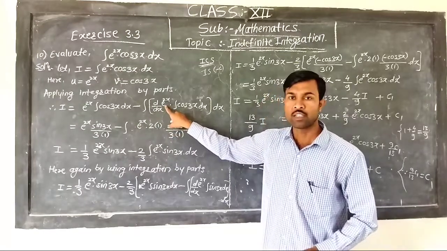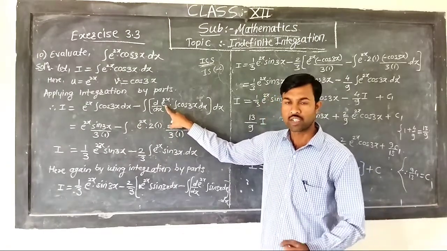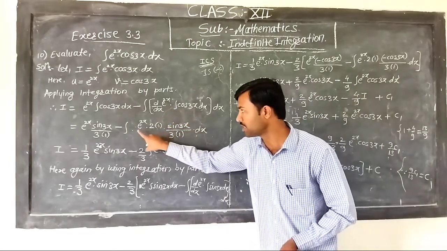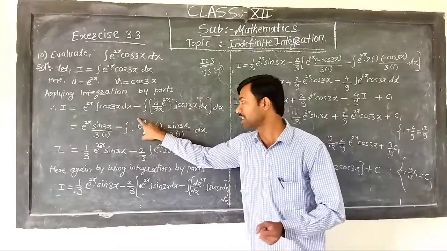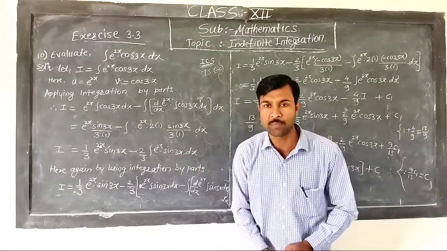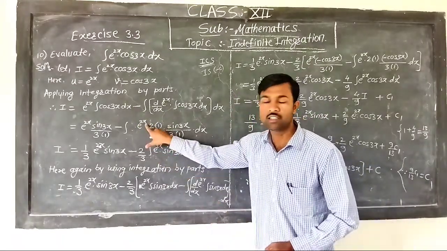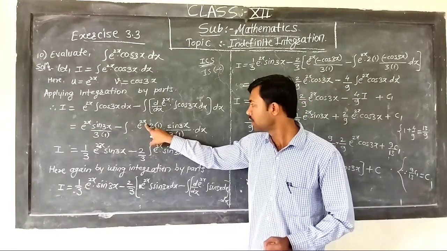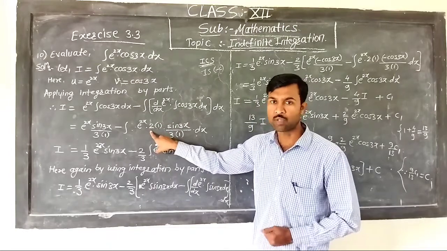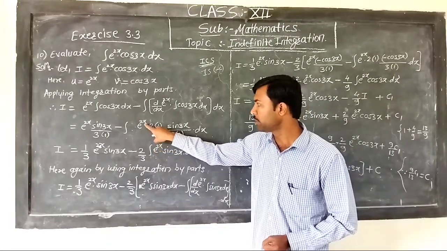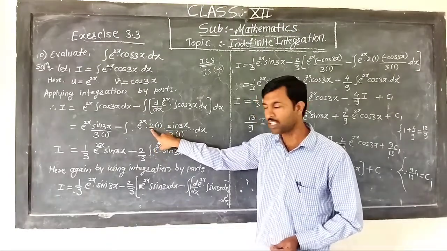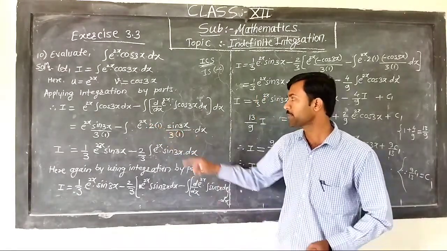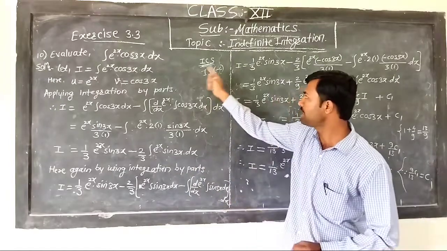e raised to 2x, exponential function, that derivative is always exponential function, so that derivative of e raised to 2x is e raised to 2x, but that is not x, it is more than x, it is f of x, and while there is a composite function, we have to take derivative in numerator. So here derivative of 2x is 2 remains constant as it is, into derivative of x with respect to x is 1, into here integration of cos 3x, ICS, integration